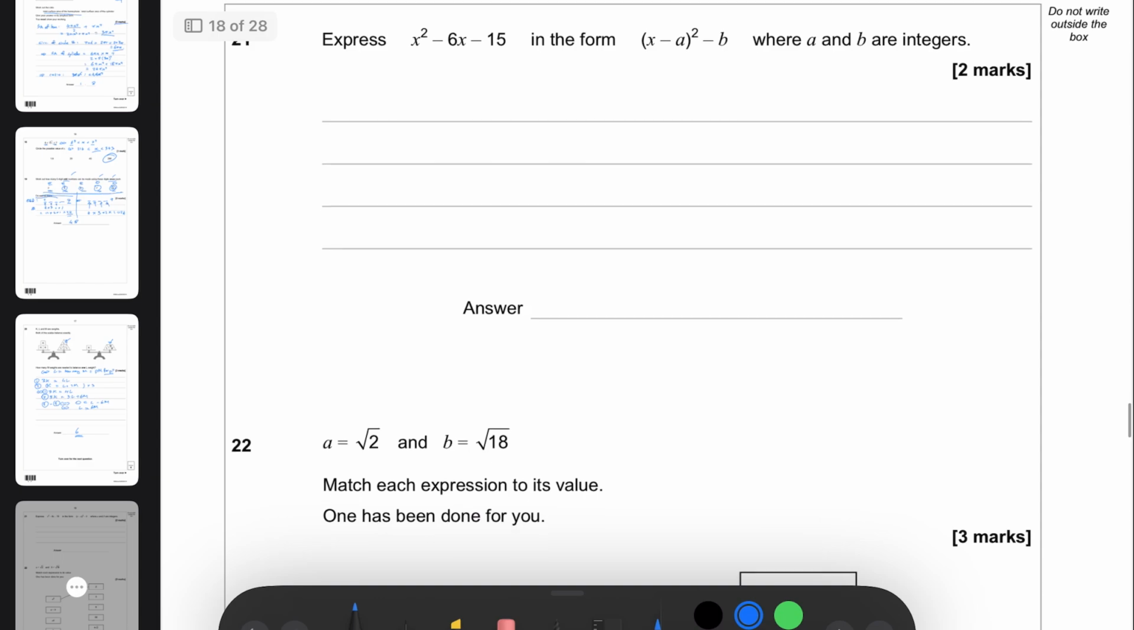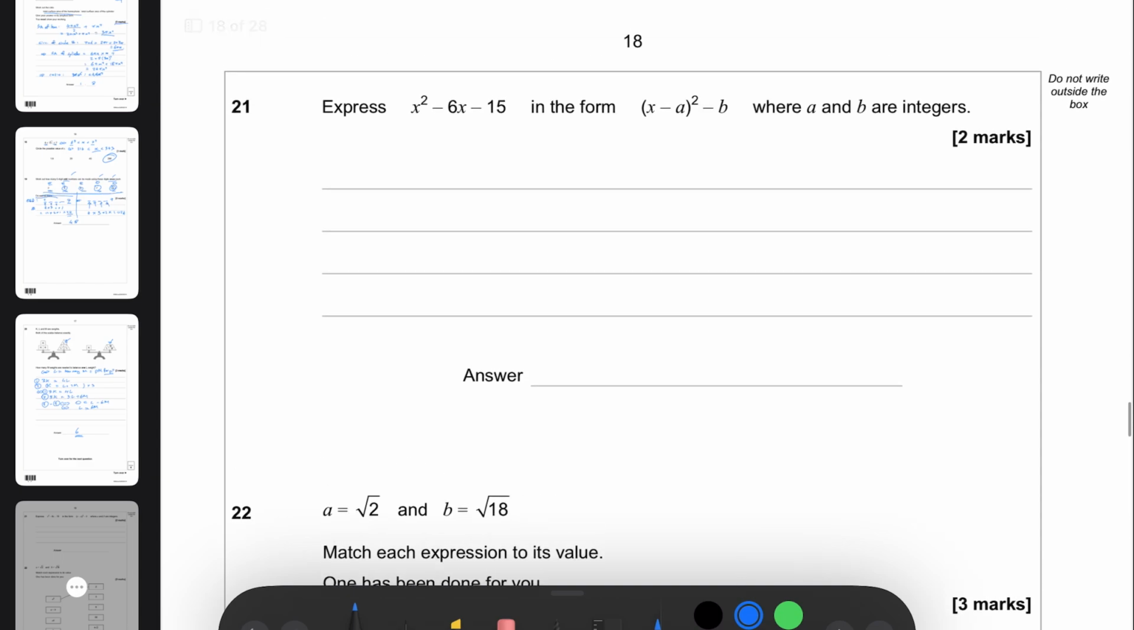Right, we have x squared minus 6x minus 15, and we want to express it in this form. So a little bit more challenging, but actually still really possible. So how do you go about doing this? Well, I like to actually see what's going on first. So for example, let a equals 2, right? So if we let a equals 2,